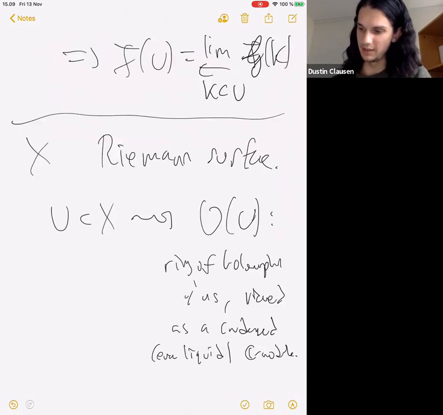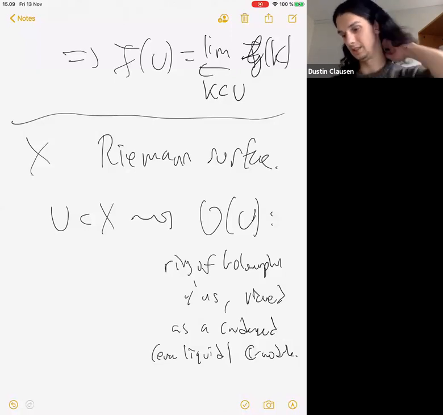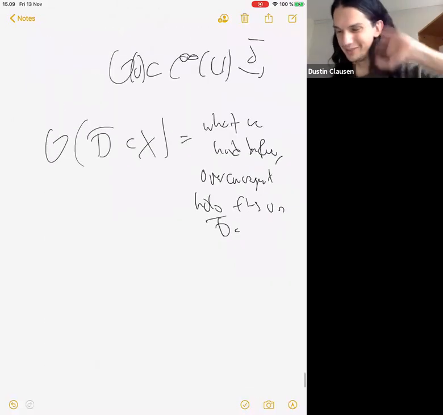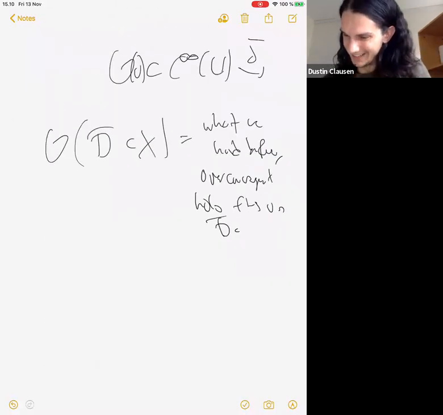Right. So now we have this, and it clearly satisfies the sheaf property. Yes, it does satisfy the sheaf property. So anyway,